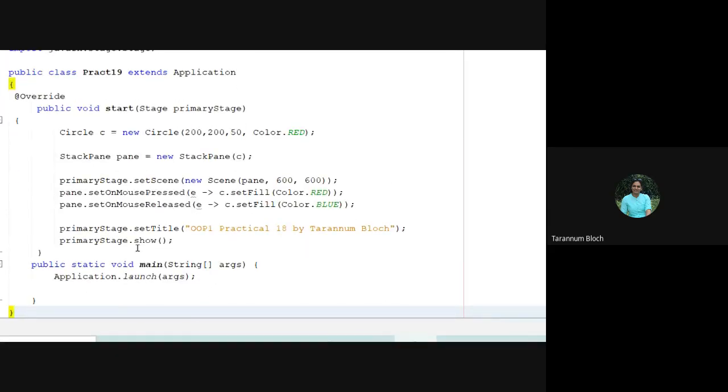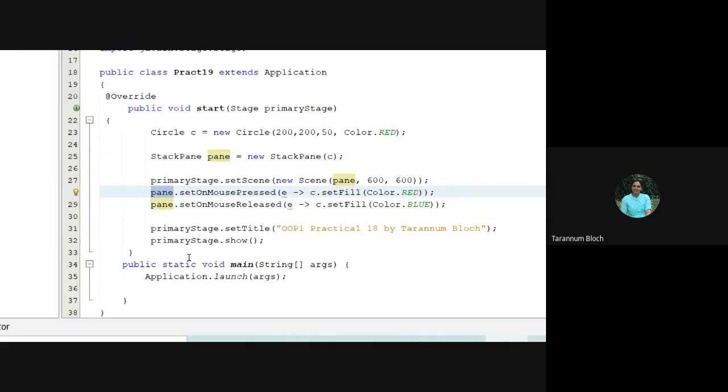We had a circle and we said when on the pan, right? Stack pan is basically representing our window, the entire window of the output, having 600 height and width. So we said pan dot set on mouse pressed and set on mouse released.